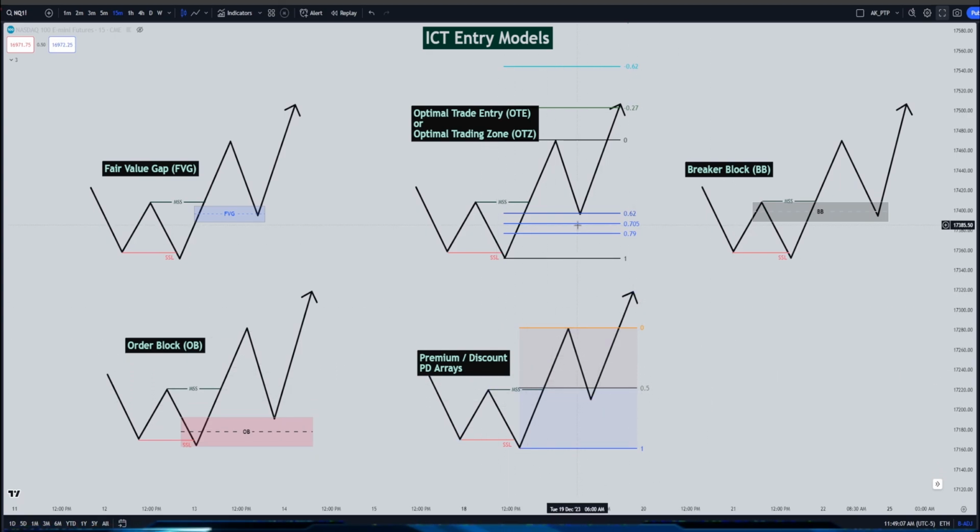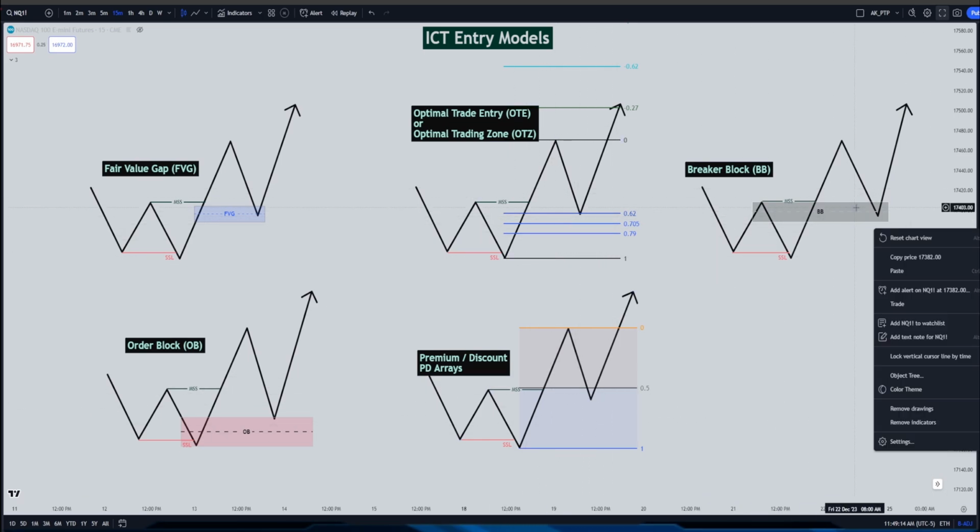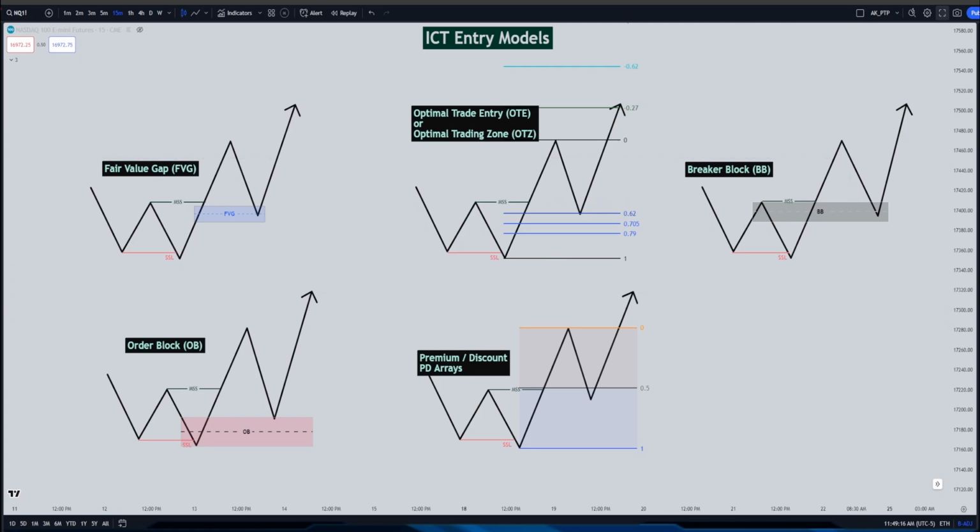These two are working similarly, the OTZ and the premium discount array work the same way. And mostly what happens is, if price comes below that 0.5 of the equilibrium level, or the midpoint of the leg, it usually comes to your 0.62 level, or sometimes even lower than the 0.62 level, around 0.7 or 0.79. However,